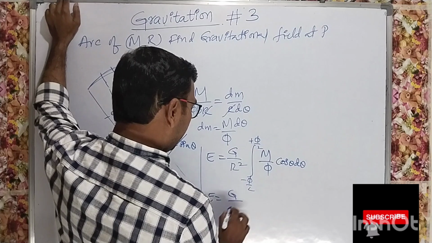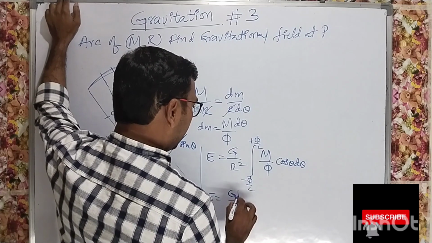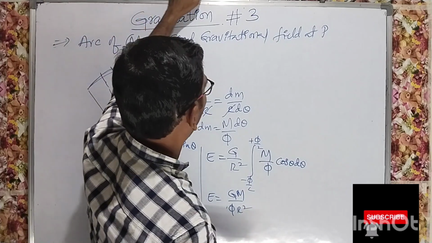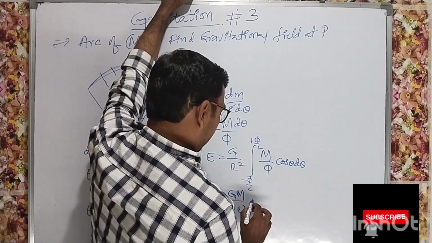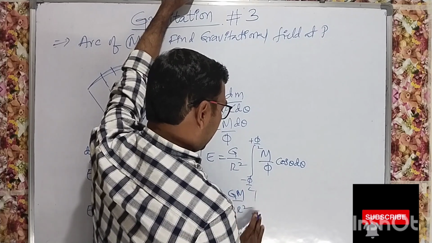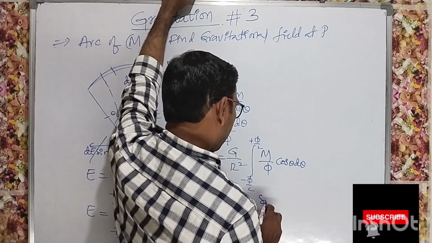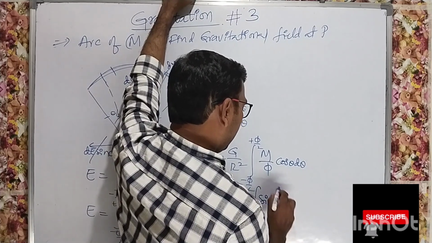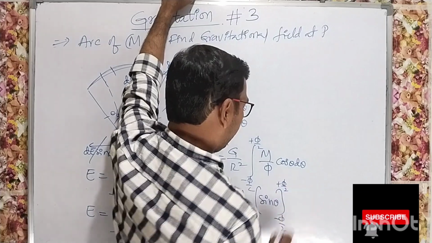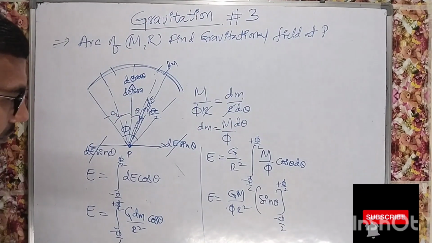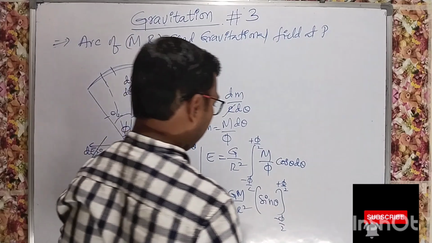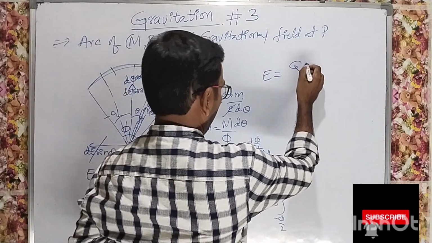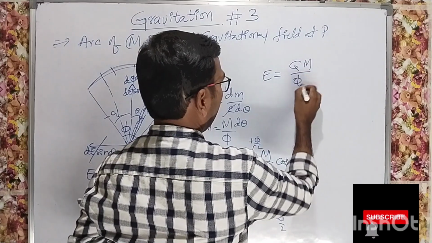So G M by pi r square, the angle is pi, okay. So integration of cos theta is equal to what? Sin theta, with limits minus pi by 2 to plus pi by 2. So substitute the limits. So E is equal to GM by pi r square